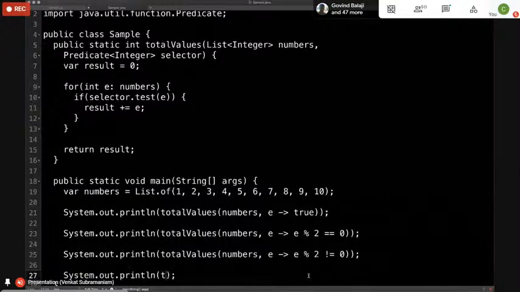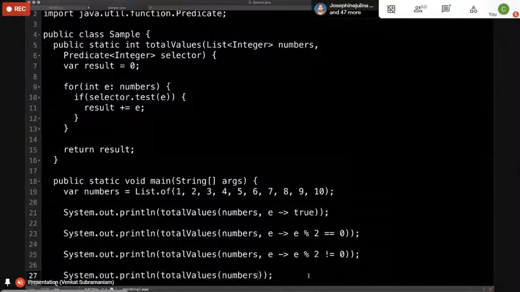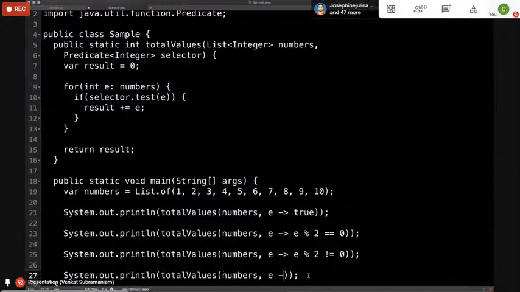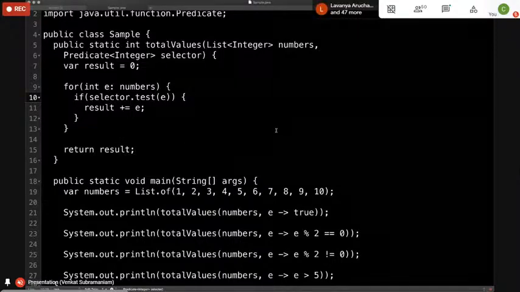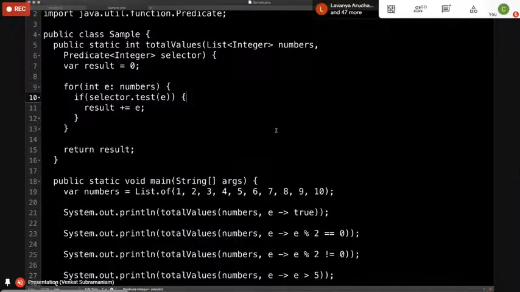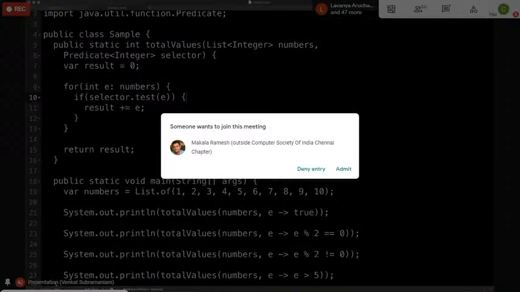And if you really like to, total values, again, numbers, comma, E, where E is greater than 5. And that's going to be the total of only numbers that are greater than 5 and not other numbers. So when I run the code, you can see that's the output that we are seeing right there. Oops, let me try this again. So that's the output we are seeing right there in the output. It doesn't want to stay up for some reason. So that's basically the output we are seeing.